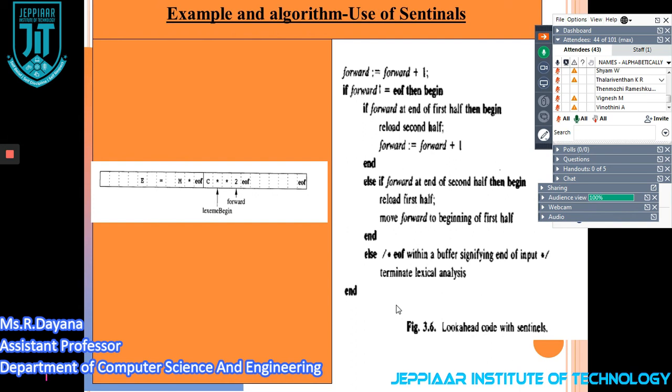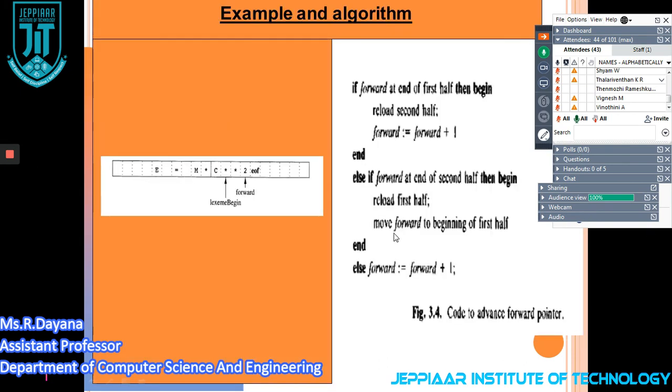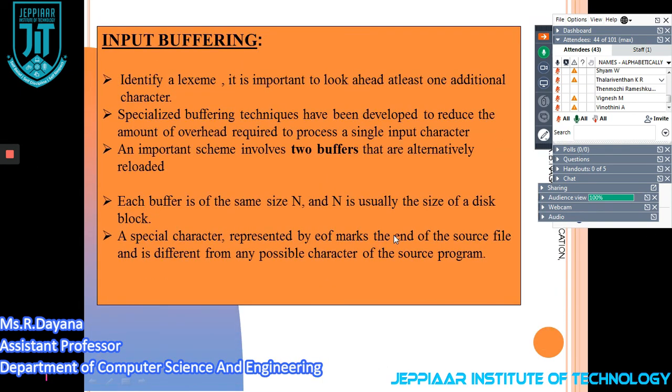In this way you reload the alternate buffer and continue the scanning process. This is the use of input buffering techniques, and with it you can identify a token easily, which is the output of the first phase of a compiler, lexical analysis.